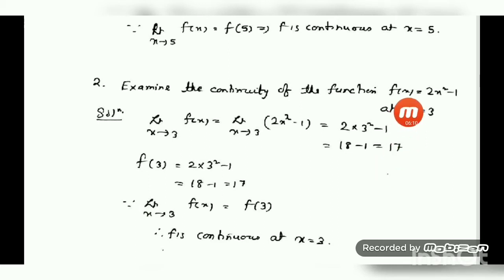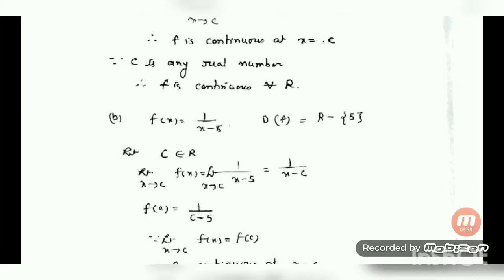Then let us get the f(3) value. What is f(3)? Directly put the value. Don't write down f(x) once and then change all these things. So f(3) will be equal to 2 into 3 square minus 1. So the calculated value is 18 minus 1, which is equal to 17. So we have seen limit x tends to 3 f(x) value and f(3), both the values are equal. That means the function is continuous at the point x equal to 3. Hope you understand the procedure at a point. Okay, let us do the next question.